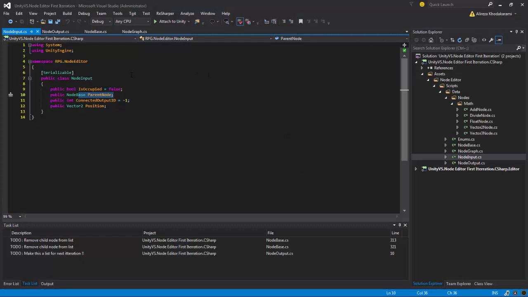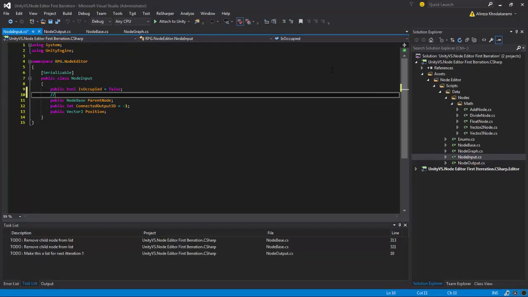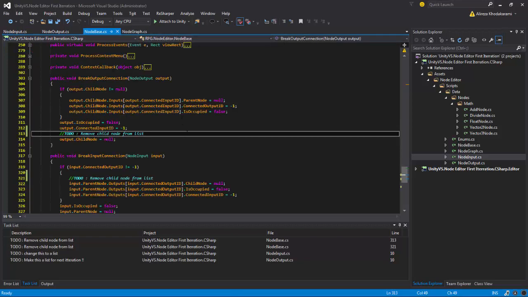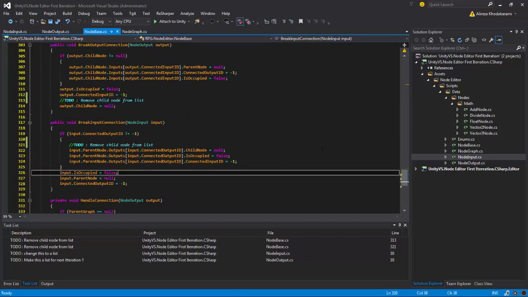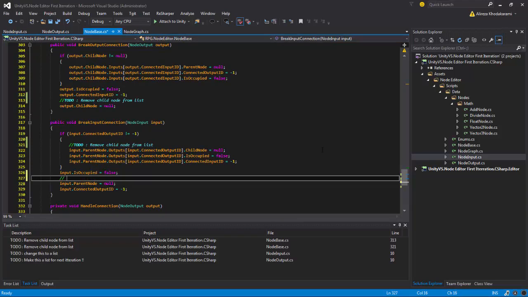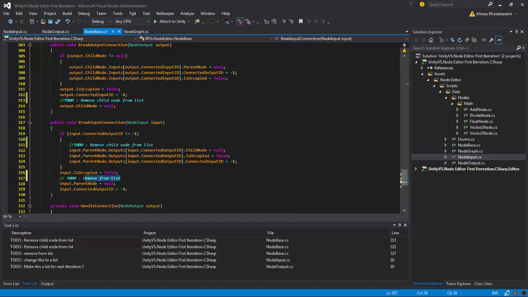So again, we will change this to a list, and inside our base, when we are making the parent null, we should say to do remove from list, and one more place, I think I have a parent node here, so that. Okay,